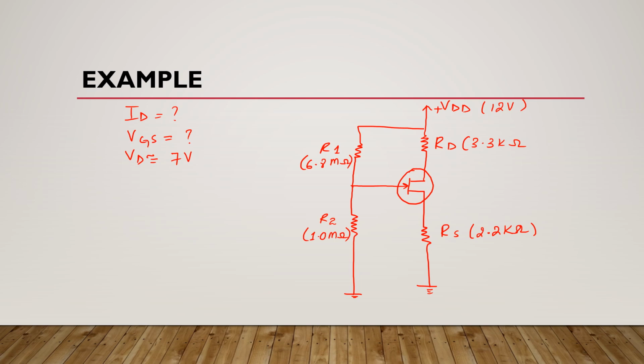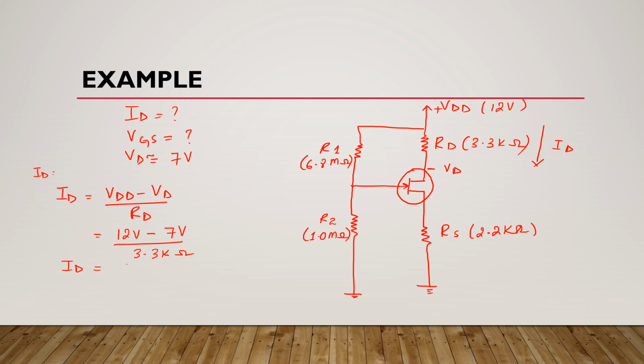First we will find the value of drain current. We know that drain current flows in this direction. So the equation of drain current will be VDD minus VD divided by RD, because we know that drain voltage VD is here. Now here this VDD is 12 volts, VD is 7 volts, and we know that RD is 3.3 kilo ohms. After solving this you will get drain current which is equal to 1.52